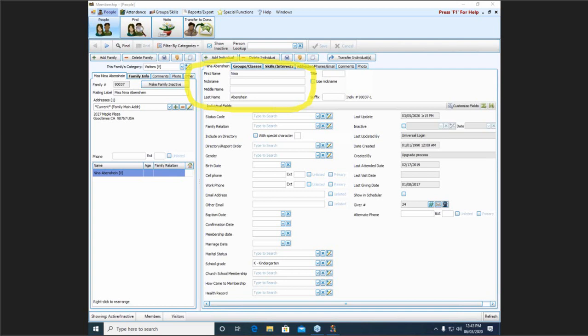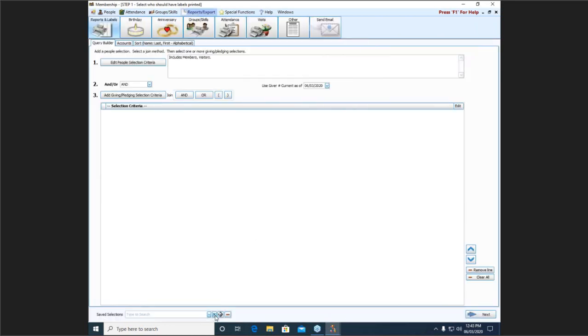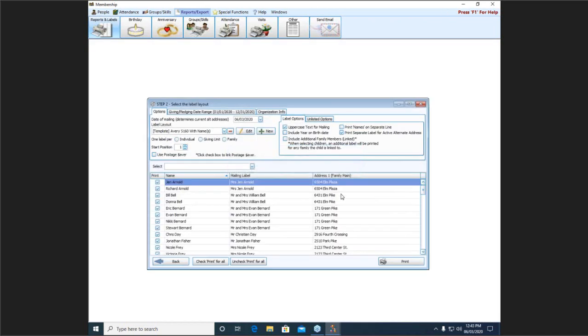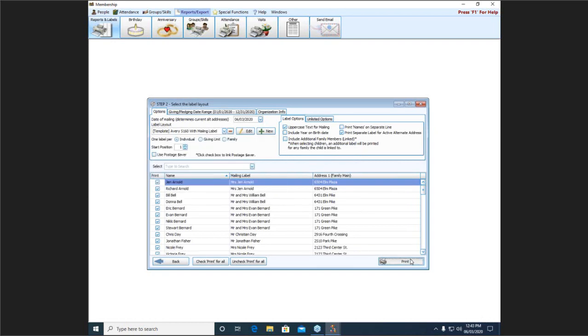So the label layout, it doesn't determine how many labels you get. It's going to determine what name it puts on the label you select. So you might get 5 labels with the mailing label name on it if you ask for, let me go back again, we'll choose our save selection. There we go. So I could choose one label per individual, but if I choose this 5160 mailing label, notice